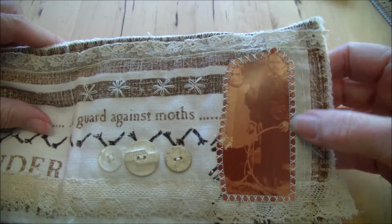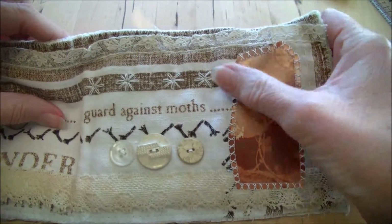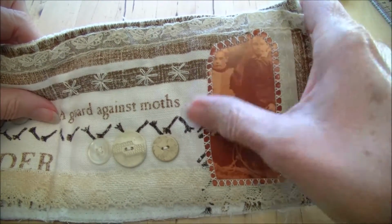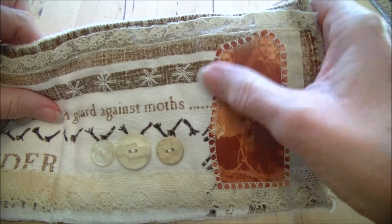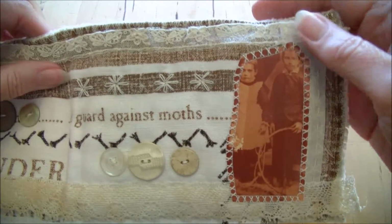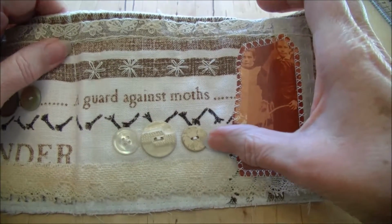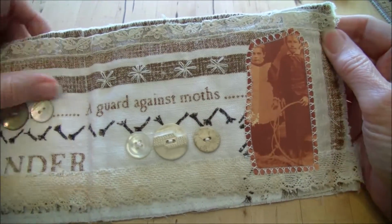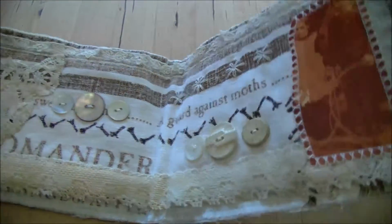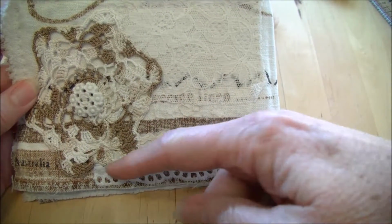Some more little fabric strips here. I've put on part of an old photograph here, and I've stitched that on. Initially I stitched it on with running stitch on the machine, and then I've cross stitched it by hand. It's actually my grandfather there. And lazy daisied some stitches across here and repeated the 3 buttons that I had up above on the previous page. So that's that page, and then the back page I had continued this cotton lace all the